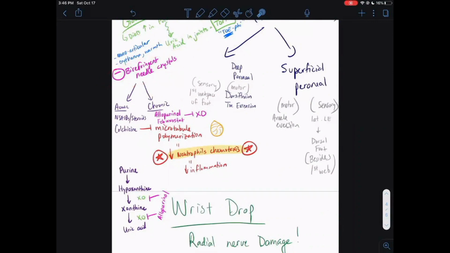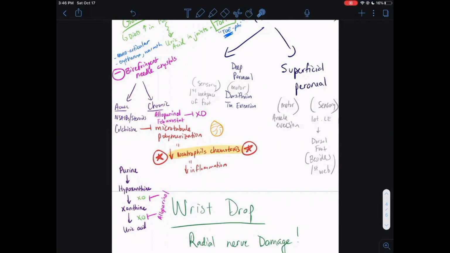And in these joints, you can basically break it down into acute versus chronic gout. So if the inflammation is a huge flare of it acutely, then you're going to treat them with NSAIDs, steroids, or colchicine. All right, and remember, colchicine's whole role is it's a microtubule inhibitor. And that is a board question for sure.